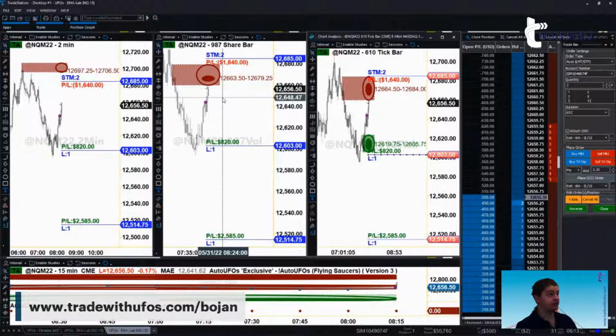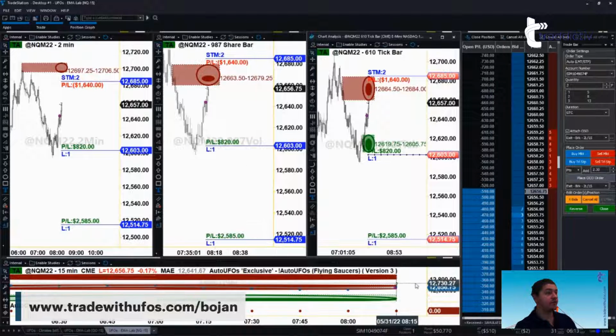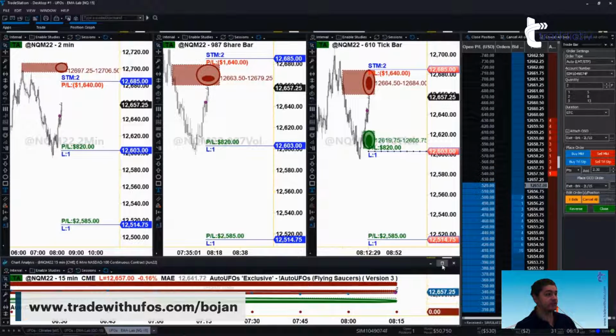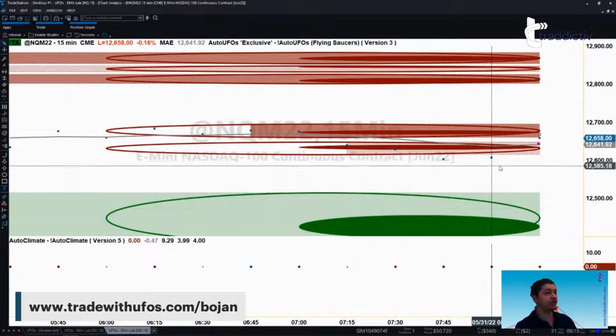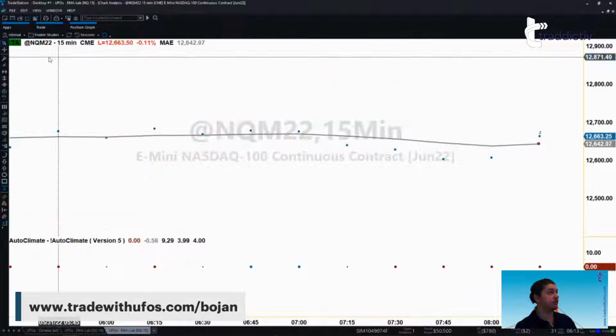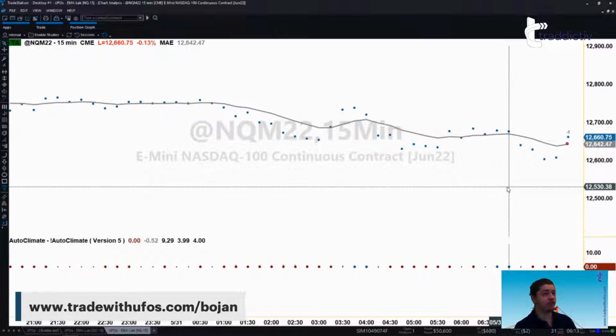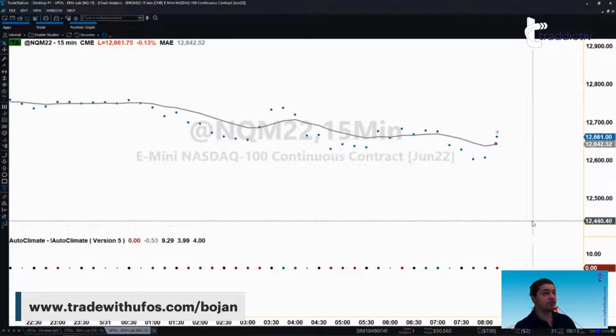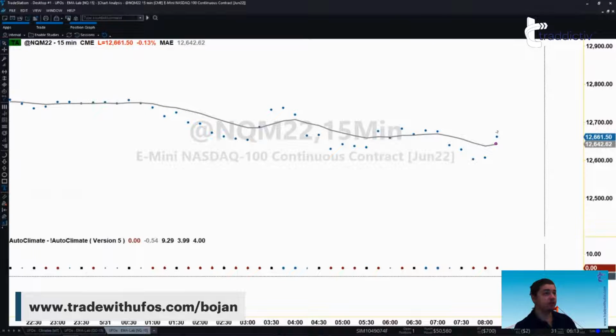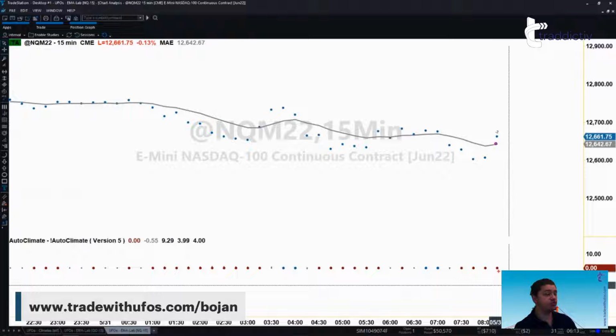Now I thought what we're doing here is the following, right? First, the first chart that we're going to look at is this chart down below, which is the market climate. And I'm just going to disable the audio UFO so you can see it easier. All right, so the first thing that we look at is the auto climate chart down here. What is it that we need to see on this auto climate chart? Well, we need to see that we have a confirmation to the climate that we're looking to trade in. And as we see right now, we are on the 4th out of 4. So we have only this window of time to work when it comes to trading this market.